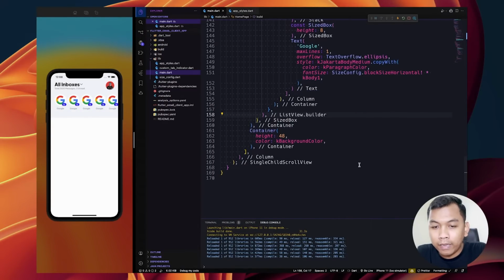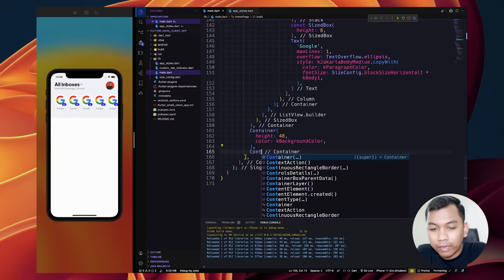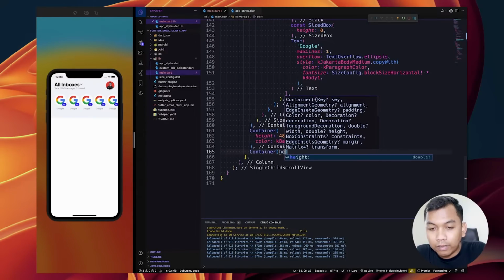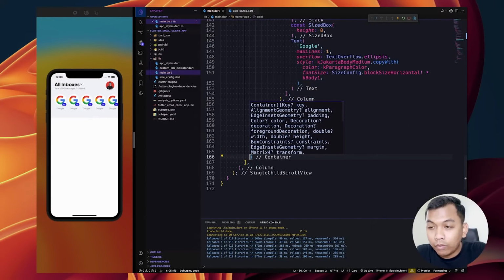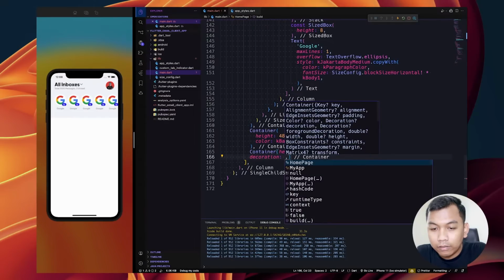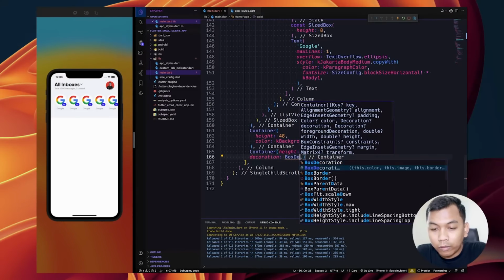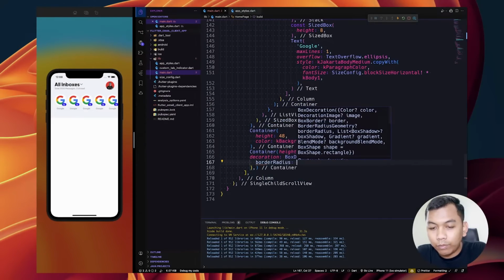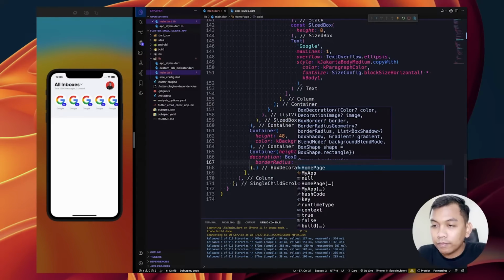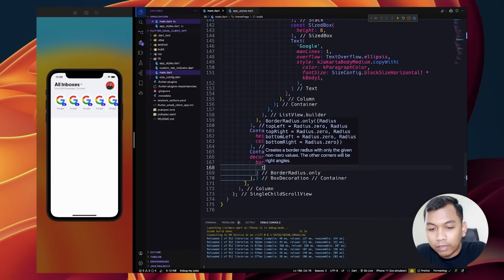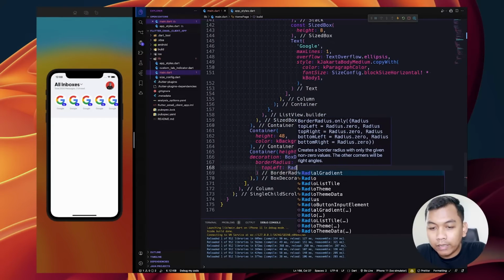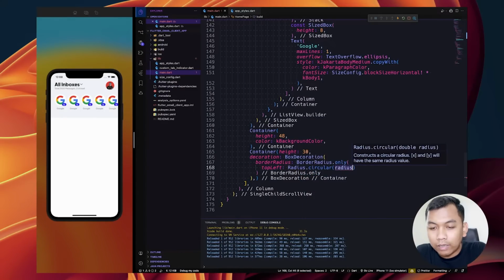Alright, and below this container, add another container. The height will be just 30, and we need to set decoration, box decoration, and we set border radius dot only, and top left will be radius circular 32.